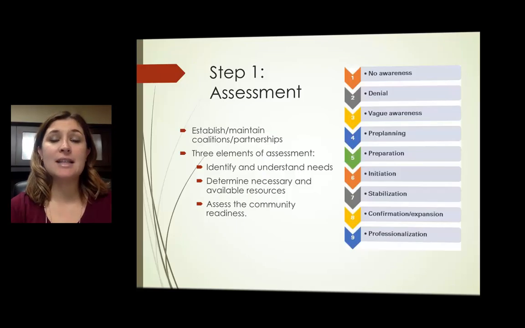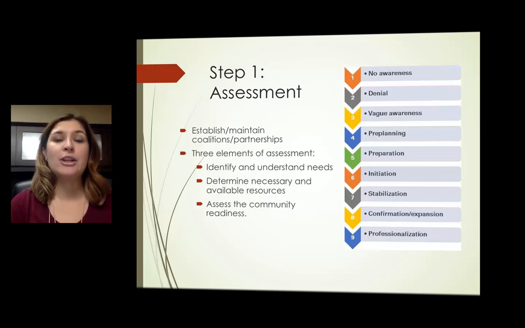The first step in this SPF process is assessing the prevention needs in your community. In order to do this, we need to build a coalition. This is to establish and maintain a partnership with several community members with the same desired goal of prevention. Once you've built this coalition, then you can start assessing, and this happens in 3 different elements. First is identifying and understanding the population's needs. Then you need to determine the availability and necessary resources needed for these prevention needs, and assess the community's readiness